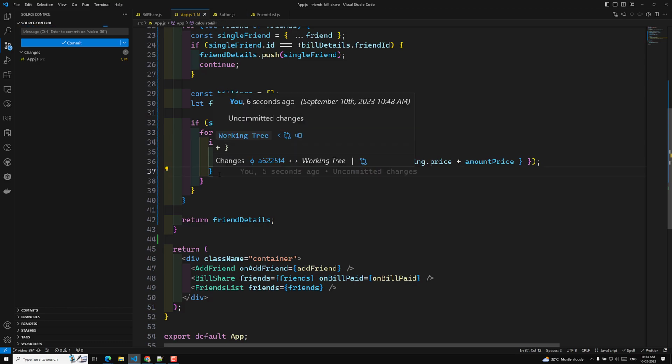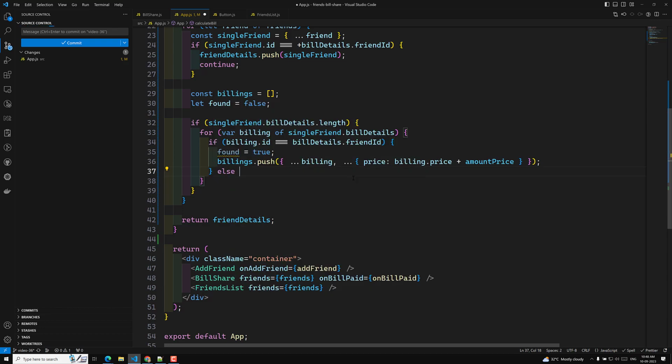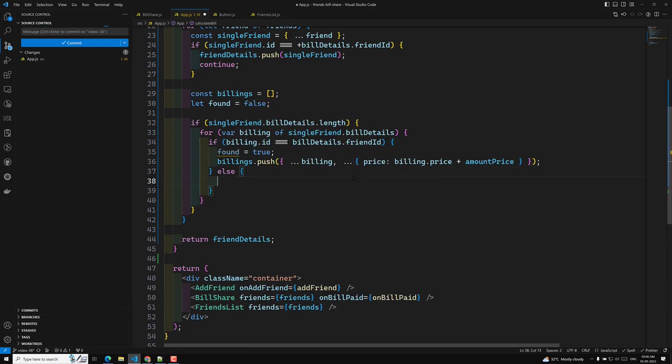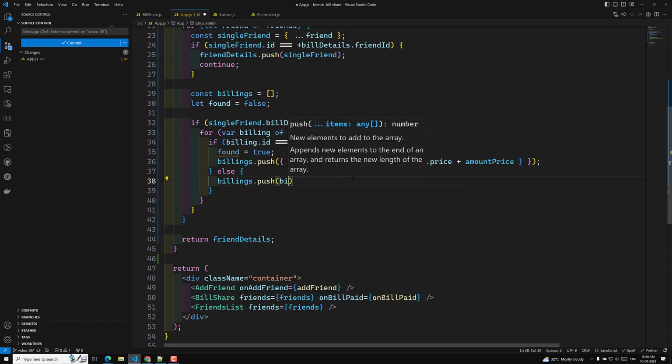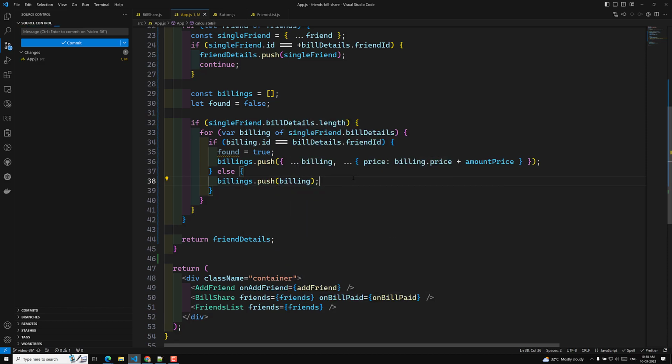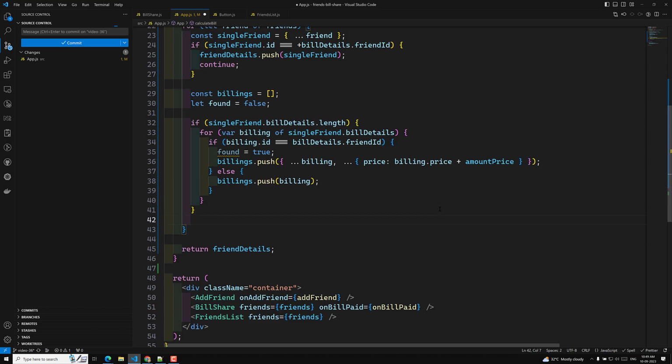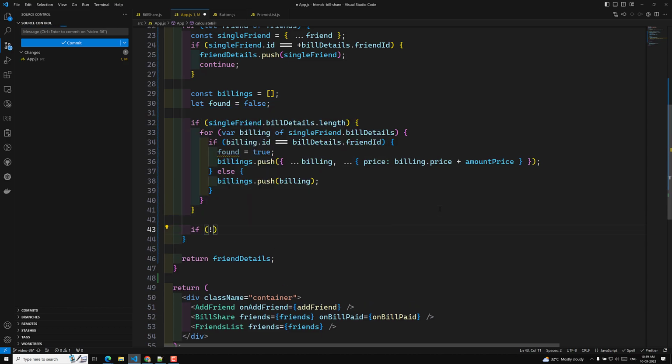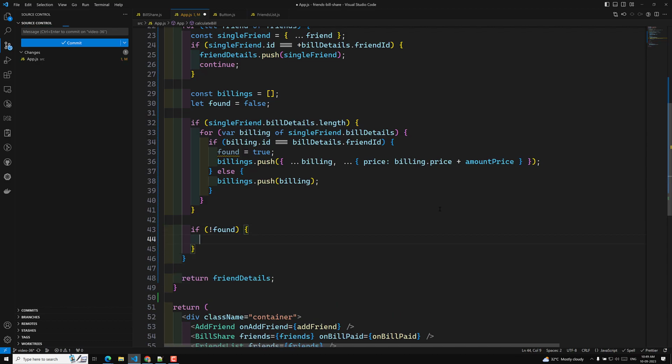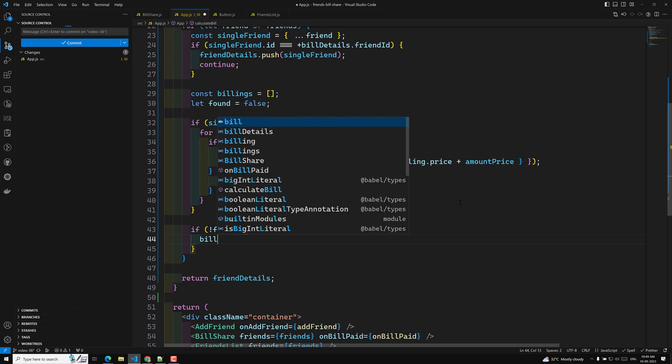Now what I will do is, else, if billing is not there, I can do billings dot push of that billing. Whatever the thing is there, I can push the entire thing. So we got the found, right? And up to here I can go outside, and if the details are not found, then what can I do here? I will do the same thing. So billings dot push